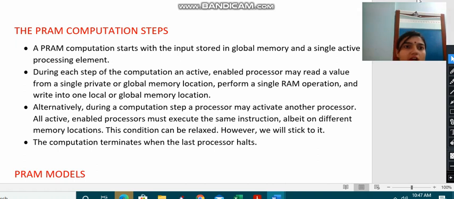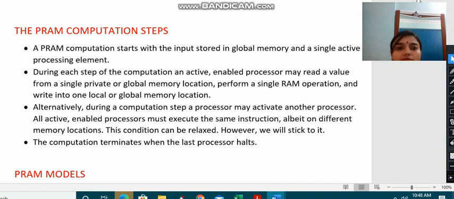In today's lecture, I am going to discuss the relative strength of the PRAM model. In the previous lecture, I discussed the PRAM model architecture, what the different models of PRAM are, and how they do their computation. For today I will revise some of the points, and then later we will move to the next point. First of all, let's talk about the PRAM computation steps, how the execution starts in the PRAM